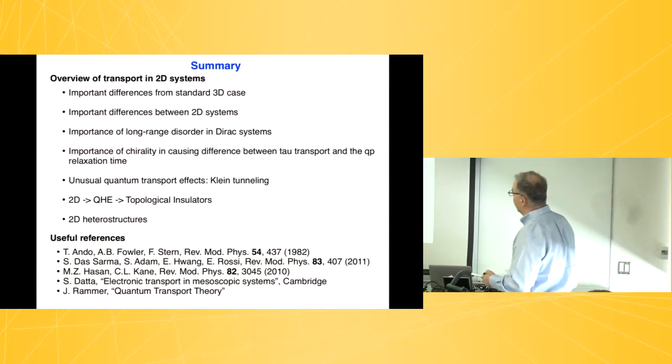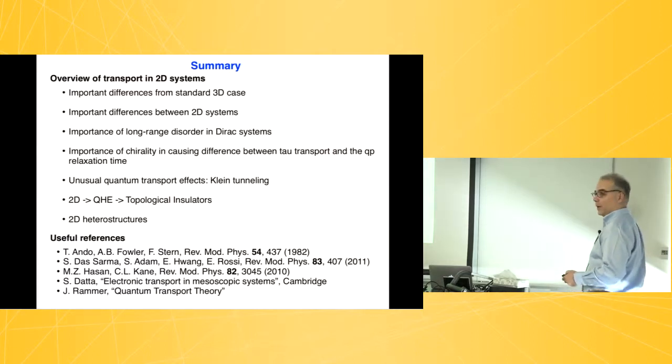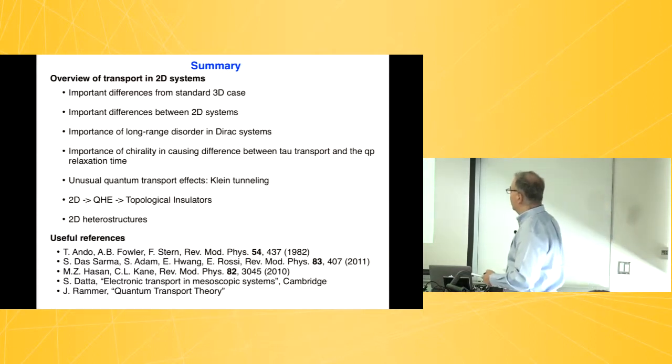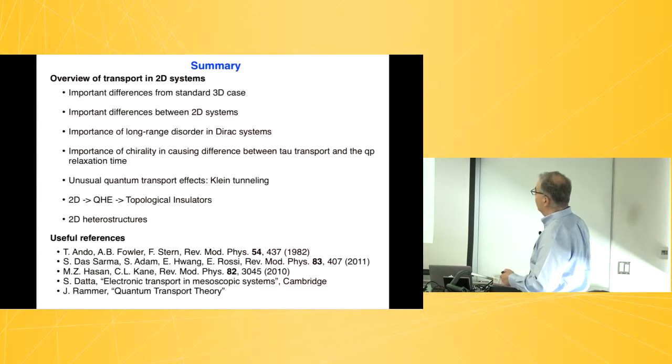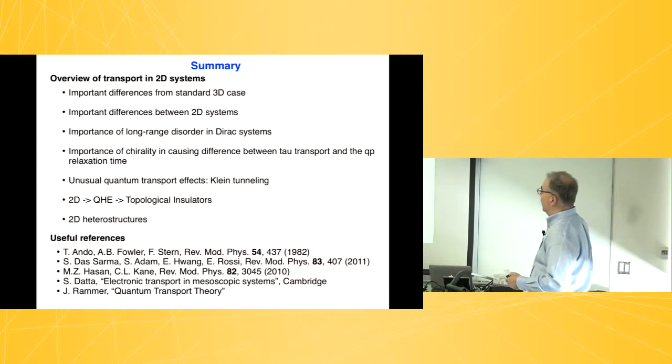So just an overview of what I said. 2D is different. So, paraphrasing, less is more. Important differences between the 2D systems. Of course, you also have to be careful whether you're talking about graphene or a standard 2DEG, and there are very interesting differences. For Dirac systems, I hope I took home the message that if you have charge impurities, then